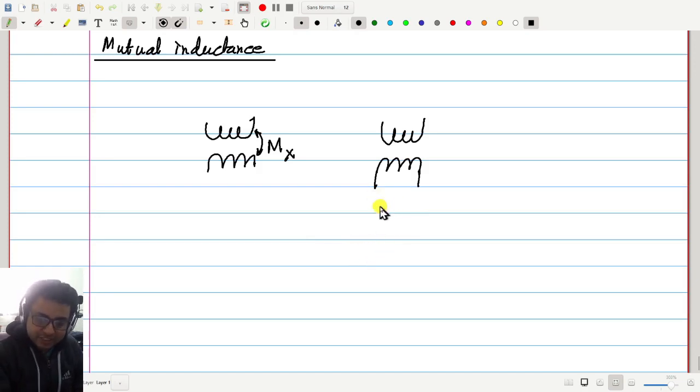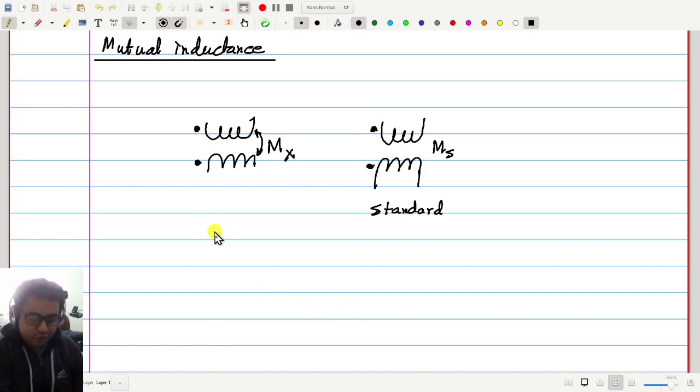Acha. So now suppose this is a standard one. So mutual inductance between these two coils is known. Call it MS, S for standard, and we want to measure it. Oh, also we need dots. Without that we can't do anything, and particularly for the standard one, the dots must be known and will be known. For the unknown one, the dot may not be known a priori, maybe that is also unknown.